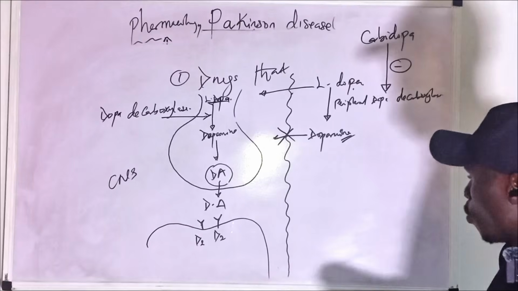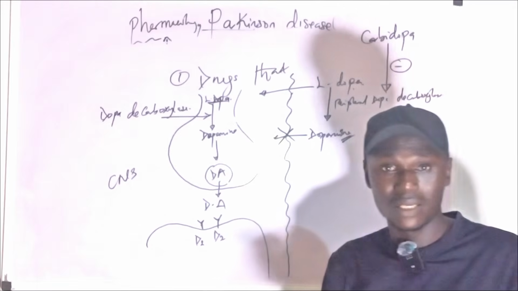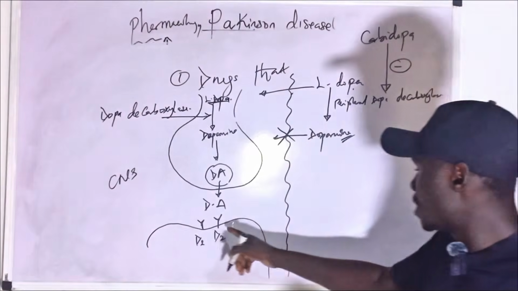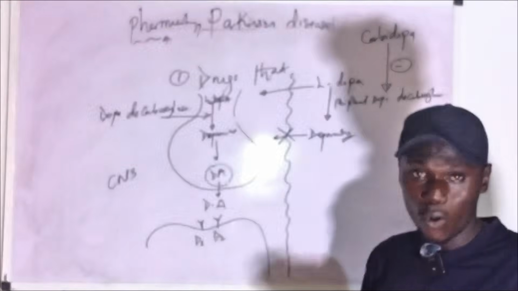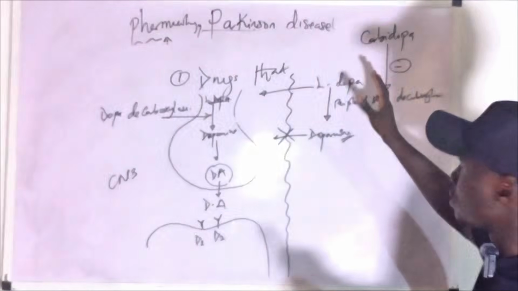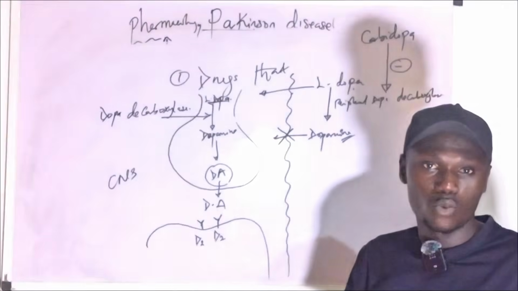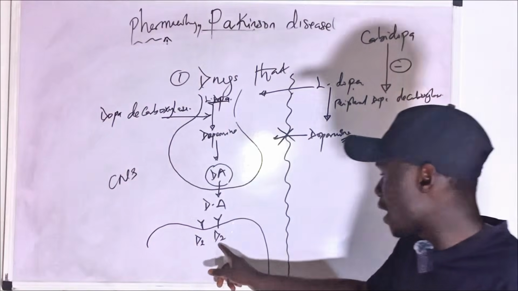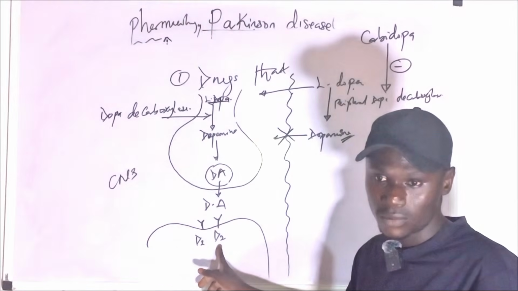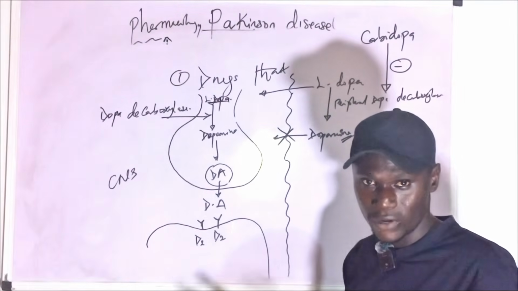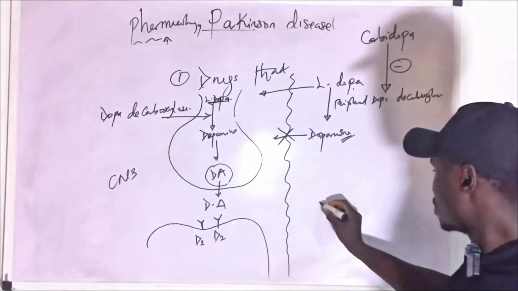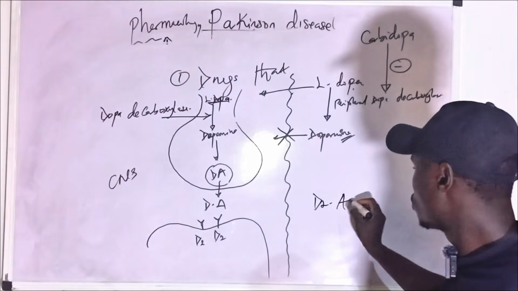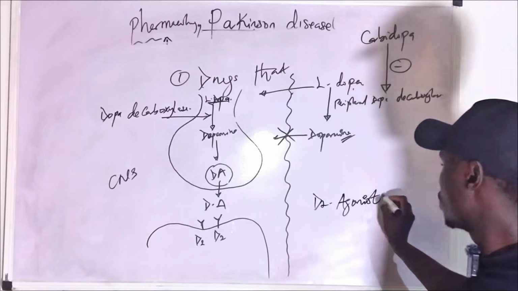Now, what if we give agents that can directly stimulate D2? Remember, all we are trying to do here is that we are trying to increase dopaminergic synapse. We are trying to increase dopaminergic pathway. So what if we give drug that can directly stimulate D2 receptor? I believe that would be very, very effective, right? So that is where D2 agonist comes in. D2 agonist like what? Like